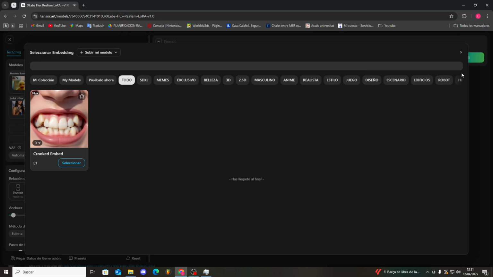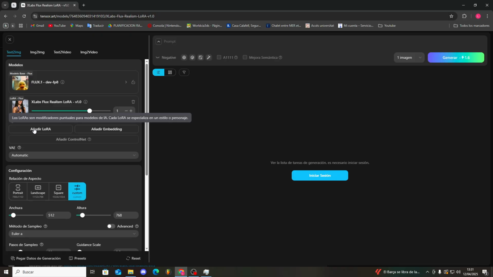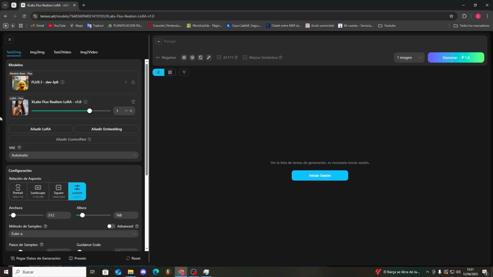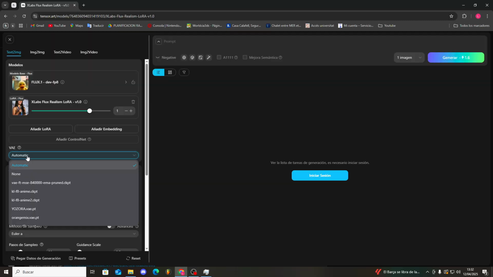Next, we have the VAE, which is essentially a tool that processes and generates the image. There are different types, okay? Each serves a different purpose. For example, this one here is for anime. It's safe for images, but you have other VAEs to try out, like the clear VAE or cute, depending on your desired image style. It'll create a similar image using the VAE, starting from this base to generate the final